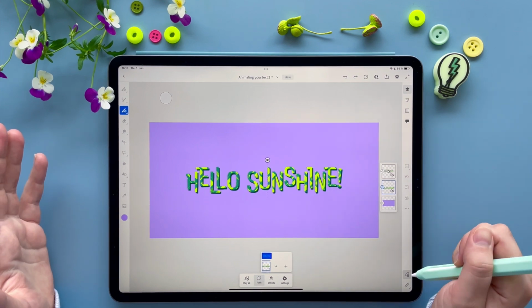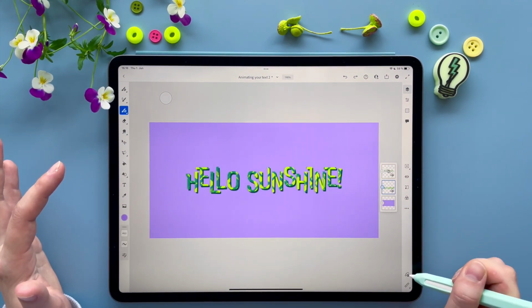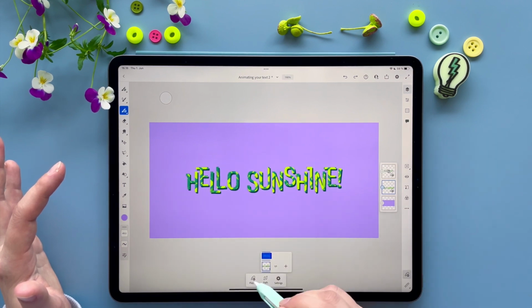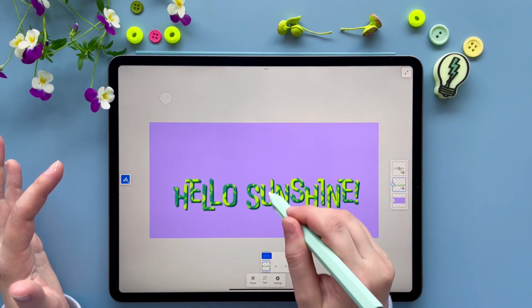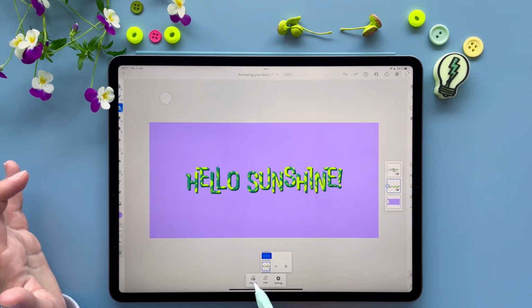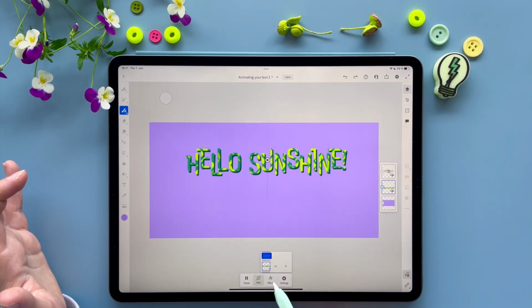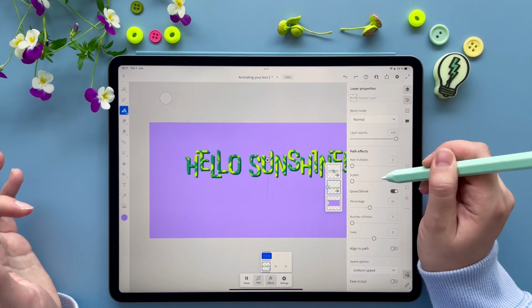Okay, and if you don't want to see this line here while you see it, you just press this button here for a second, and it will make it disappear once you go back and forth. Okay, all right, other option is to open paths again and effects, and you can have multiple different effects here,